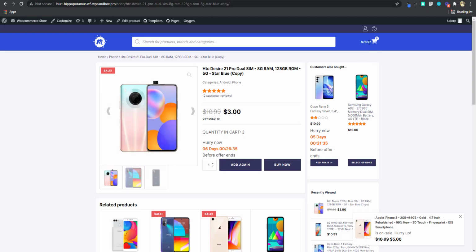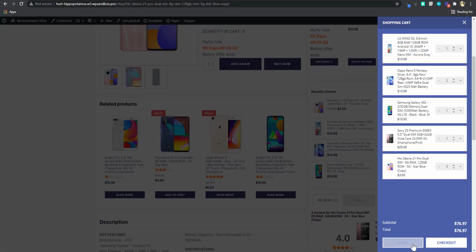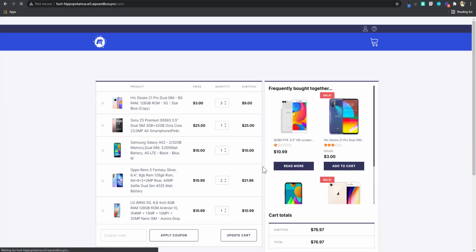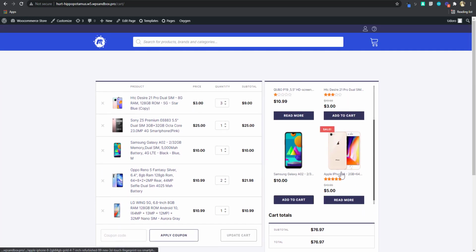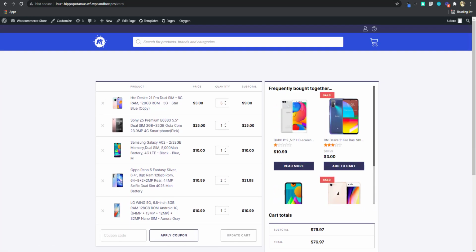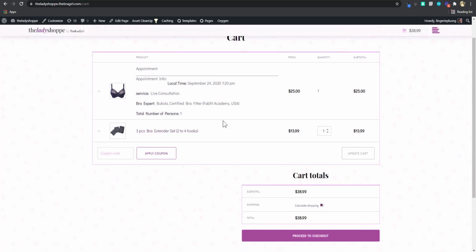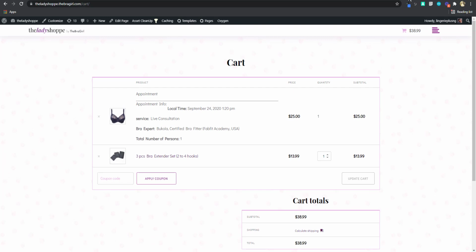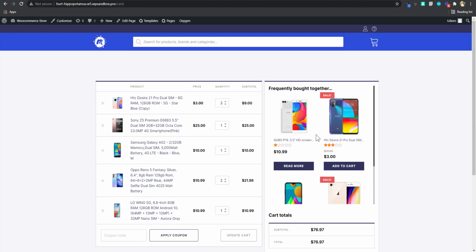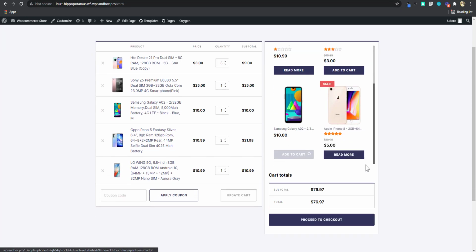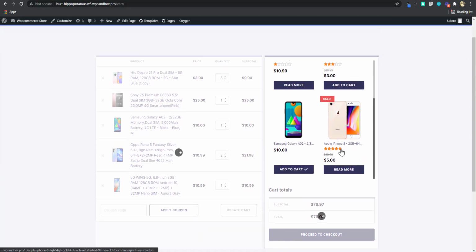For instance, if you take a look at this checkout page, first of all, let's go to the cart page, okay, and see the customization done. All right, so this is the customization that I've done to this page. This is kind of like how the default Oxygen cart page looks like, okay? But we've been able to customize that to look like this, where we have the cross sells here, so you can actually add stuff to the cart right here, and then before you check out finally,